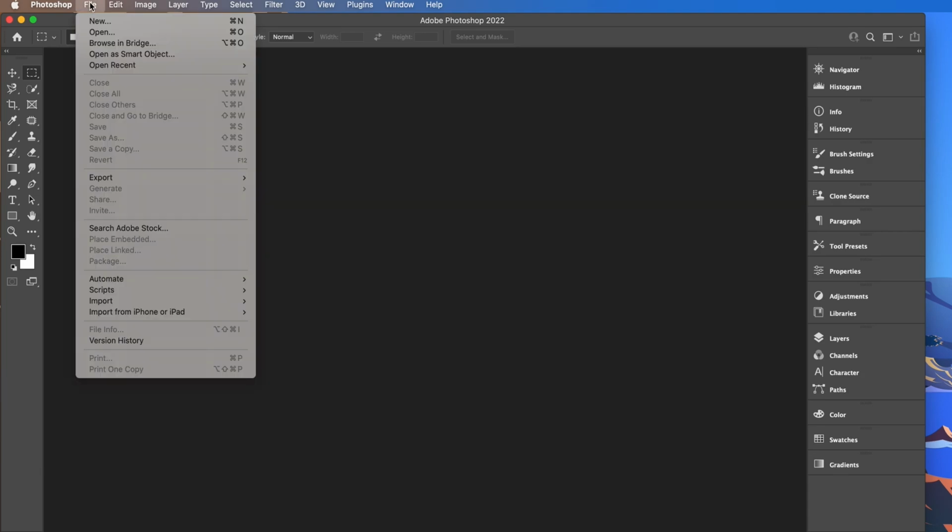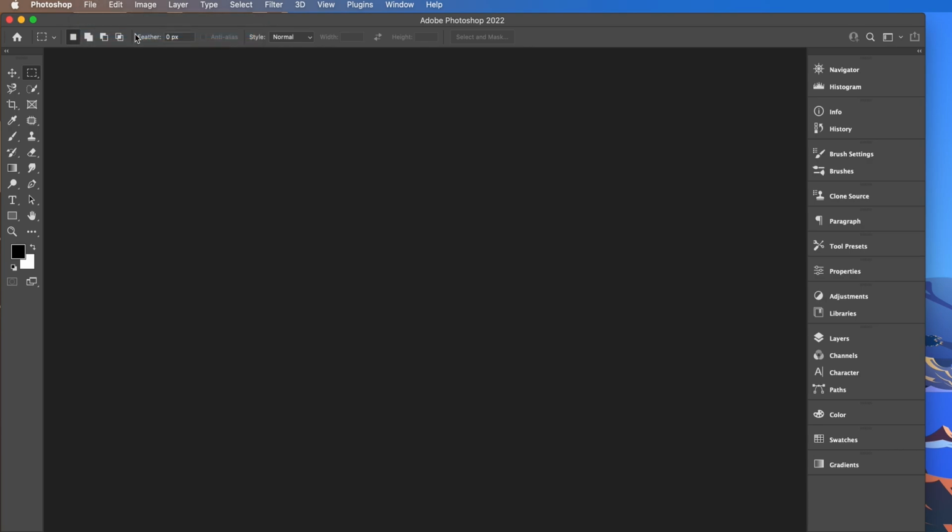So up to File, and we've got Open, of course, Command or Control O. And if we wanted to open or start a new file, we've got Command N, or just select New from this menu. We can also open as a smart object. Now, there's going to be more information about smart objects as we move through the course, but that's a good method of opening a file if you want it to be linked to Camera Raw. More about that later. So for the moment, we'll just go to Open,